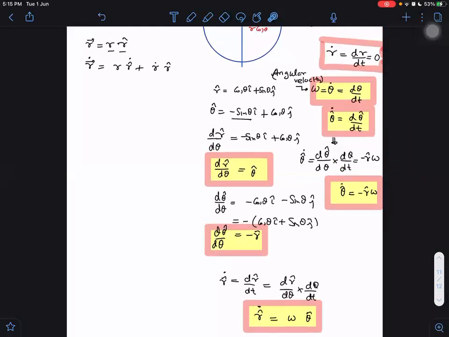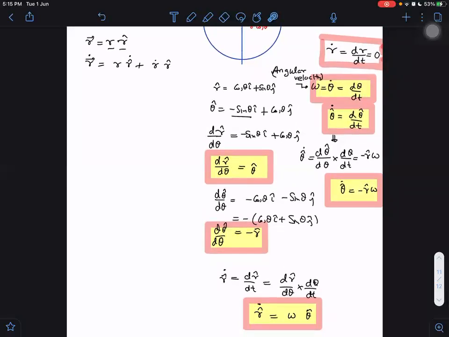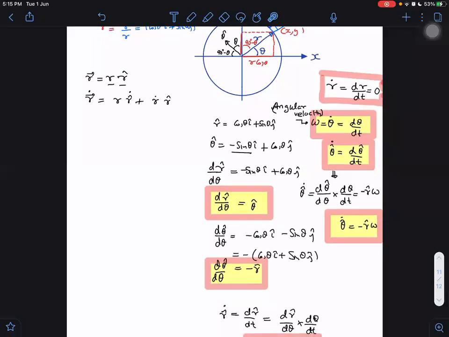We have already found the differentiation of everything with respect to theta. But again, why are we finding it with time? There's only one reason. What is the significance of dr by d theta? Nothing. But dr by dt means something. What is dr by dt? Velocity. So if I want to find velocity, I have no option but to find dr by dt only. That is the reason. There is no other purpose of that.